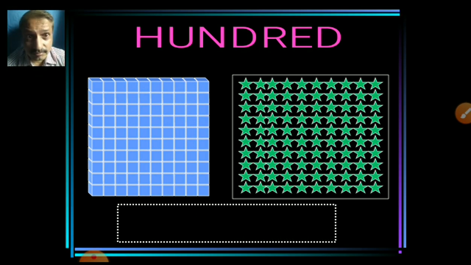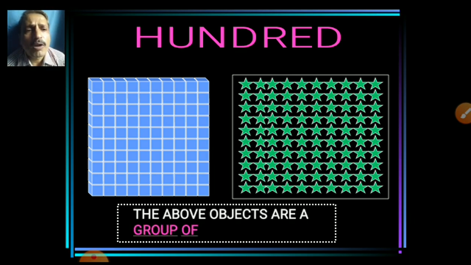100 stars. Count it. I will not show you now. 100 stars is nothing. All the above objects are a group of 100. Don't take 1000, no, finish. Ones, tens, 100. This is the revision, and it is very helpful to us in our first lesson, Knowing Our Numbers. Yes, students. Now 10 ones.